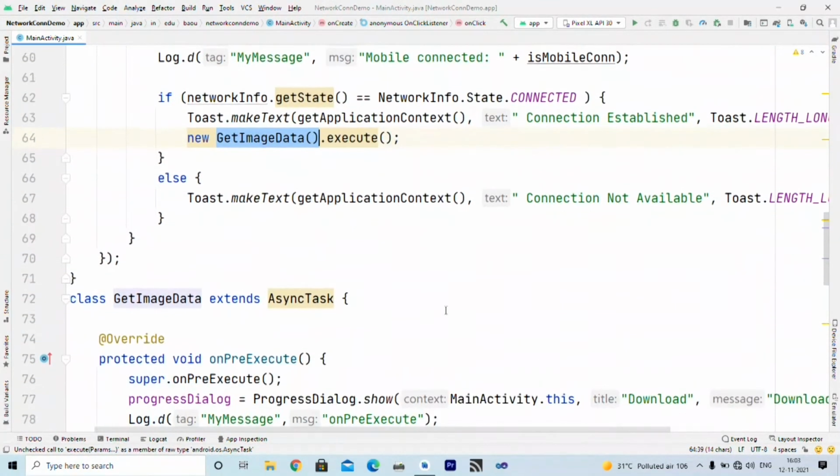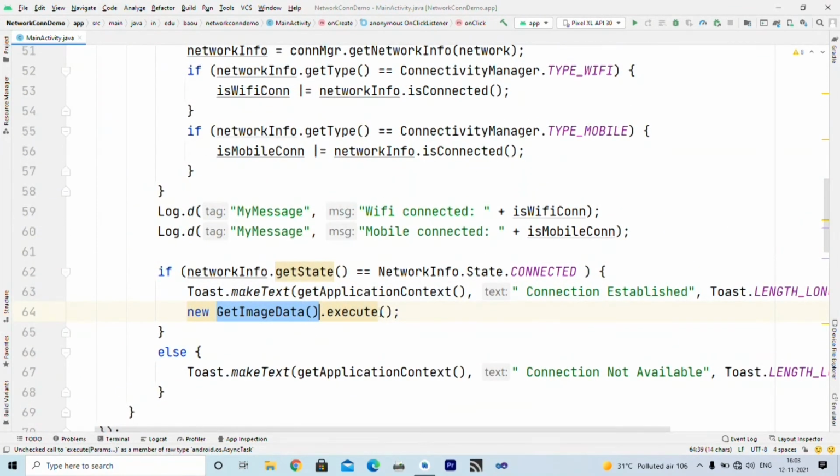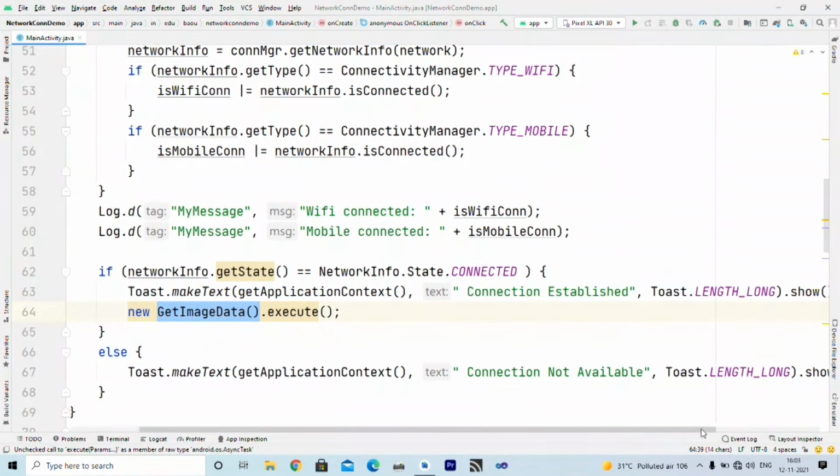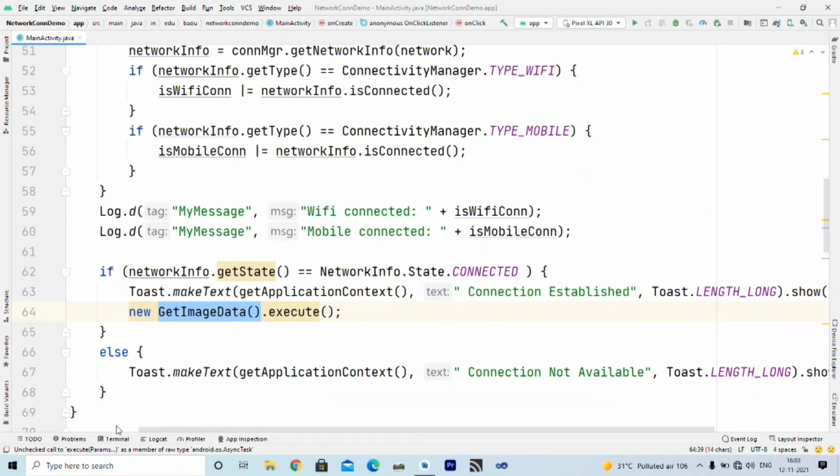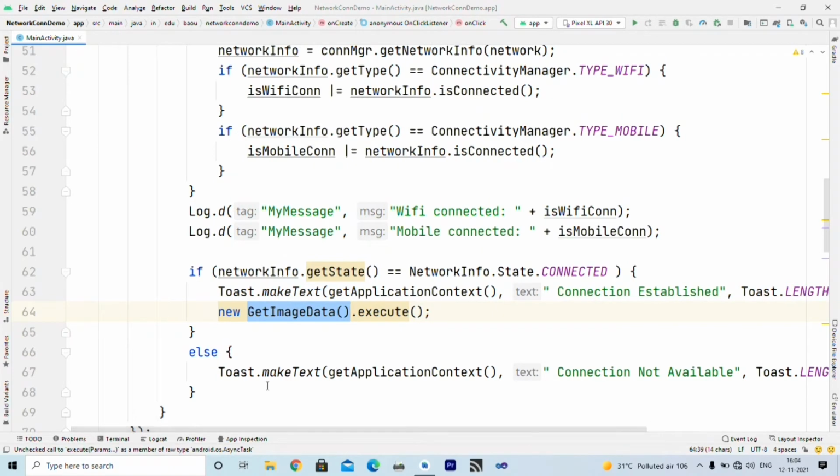So it will start downloading that file from the remote place, right? And if this network state is not connected, is false, then we display connection not available. That means either mobile or Wi-Fi connection is not available, right? So this is the connection establishment part.